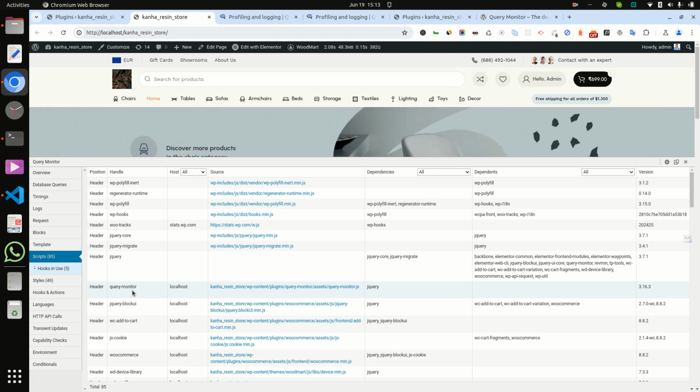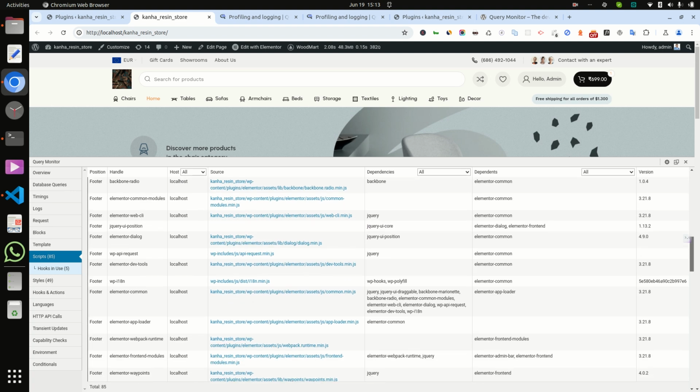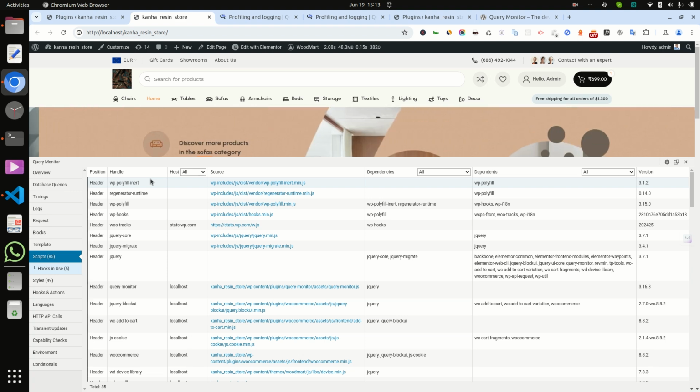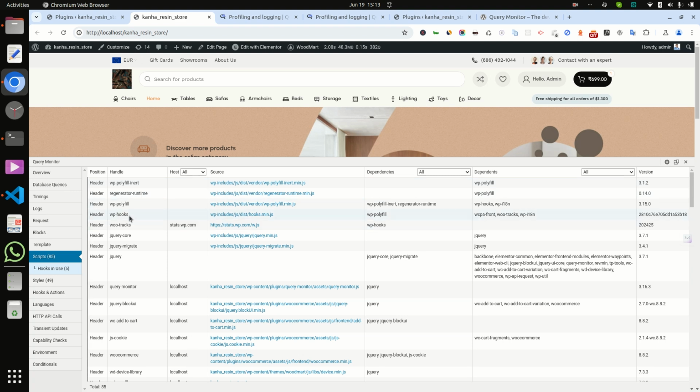Here are some positions, like whether it is showing in the header or footer. Some are in the header section and some are in the footer section. And handle: suppose I want to dequeue some JS, then I can get the handle from here, and inside wp_dequeue_script we can use that handle.